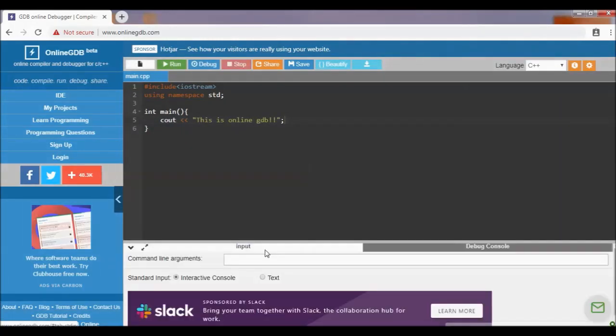Next, what I'm going to show you guys is how to save this. So you can save your code on online GDB, which is really cool since you can use it anywhere. Now I can log off this computer and then go elsewhere, maybe another public computer, and I can still access the same code. So to do this, you want to sign up,